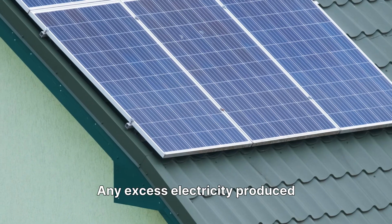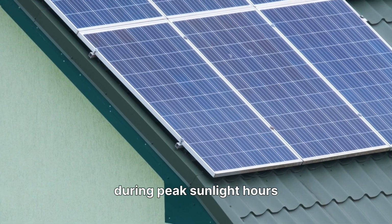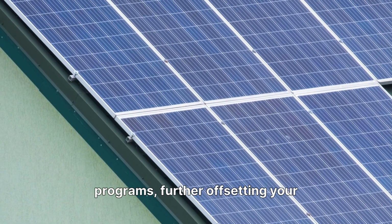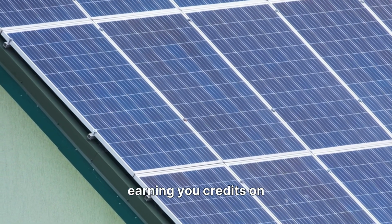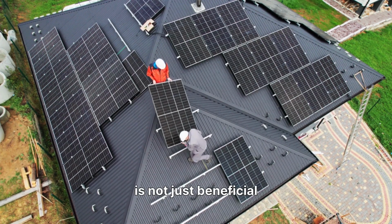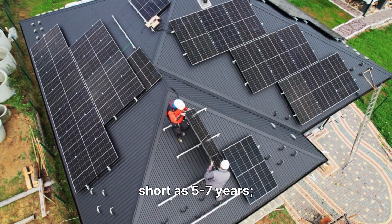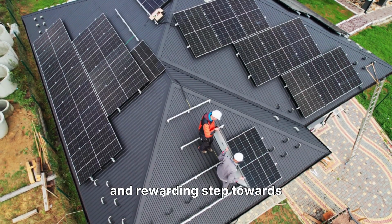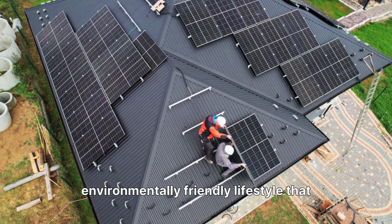usage. Any excess electricity produced by your solar panels during peak sunlight hours can often be sold back to the utility company through net metering programs, further offsetting your expenses and sometimes even earning you credits on future bills. Investing in solar energy is not just beneficial for your wallet, with potential payback periods as short as 5 to 7 years. It's also a significant and rewarding step towards adopting a more sustainable, environmentally friendly lifestyle that reduces your